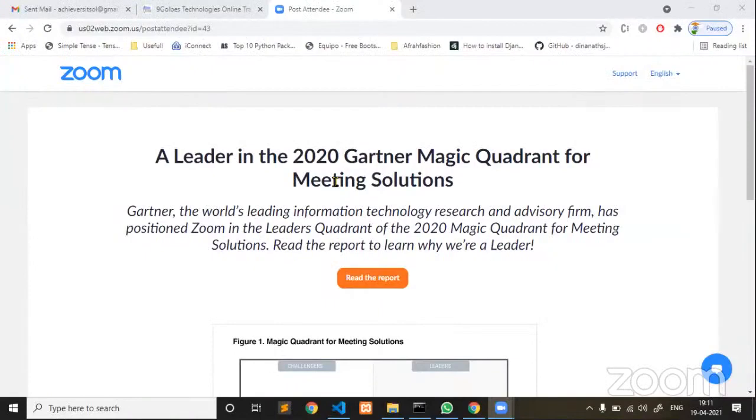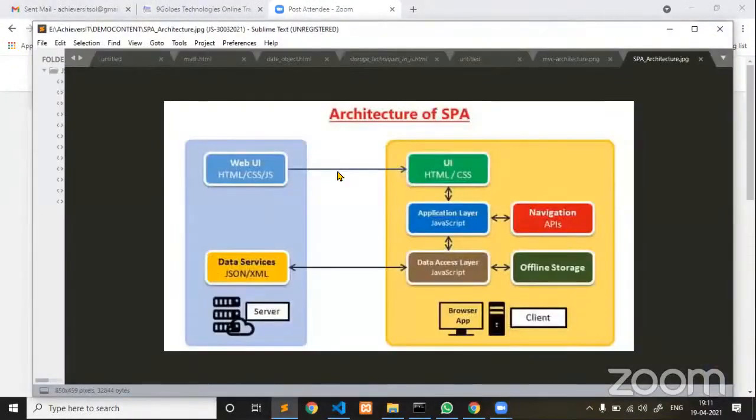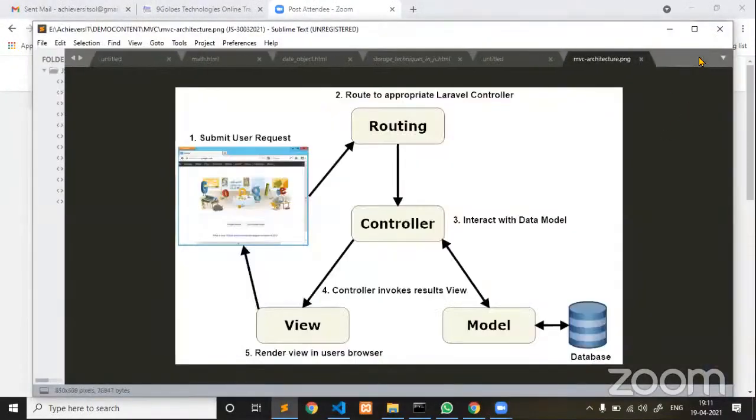Let me share my screen. So, hi guys, good evening, everybody, and welcome back to our Angular training session. Today we are going to discuss strings and string methods.